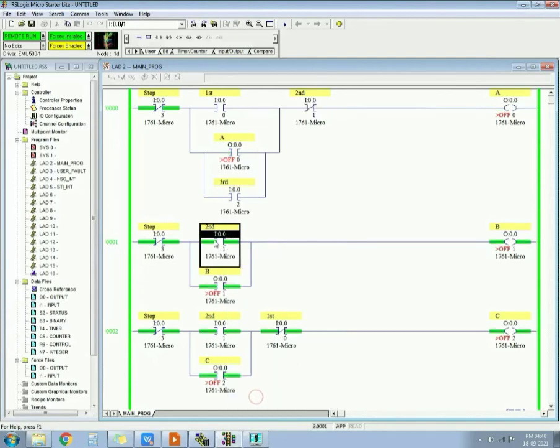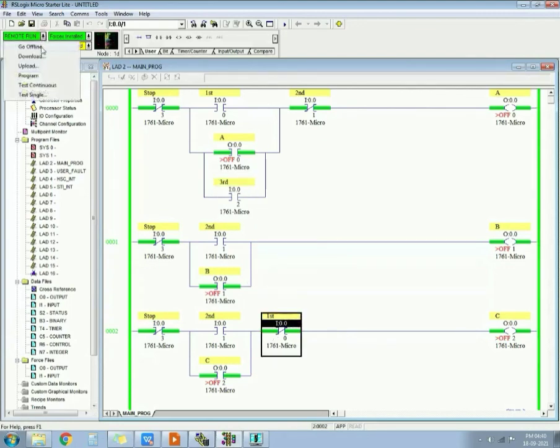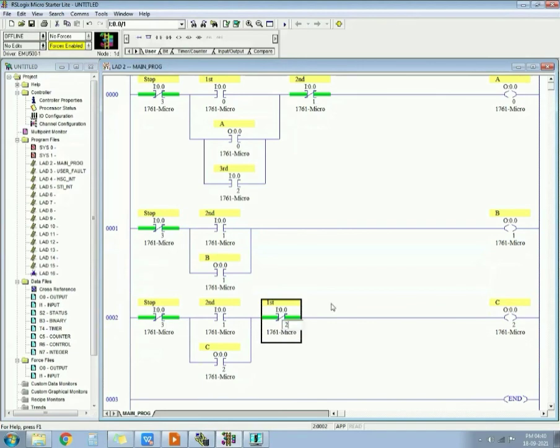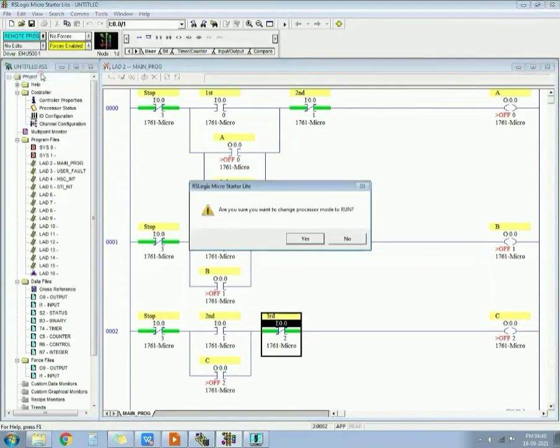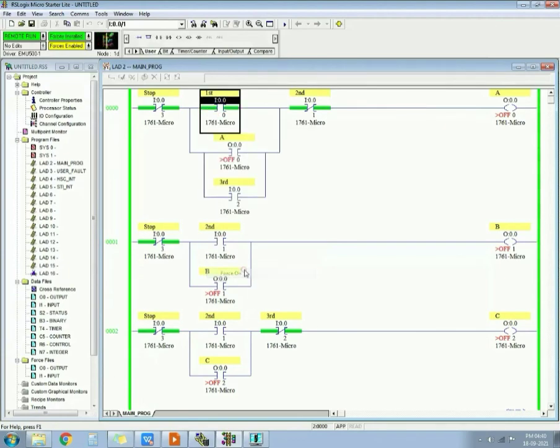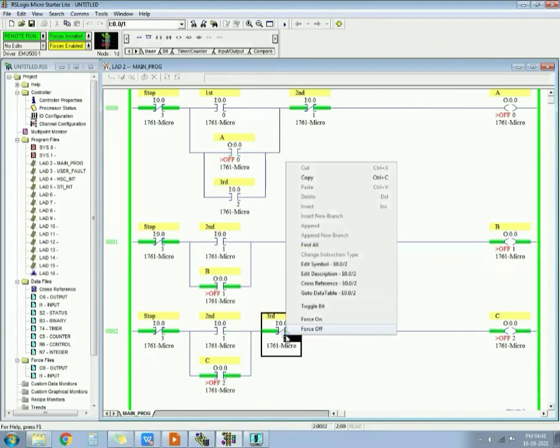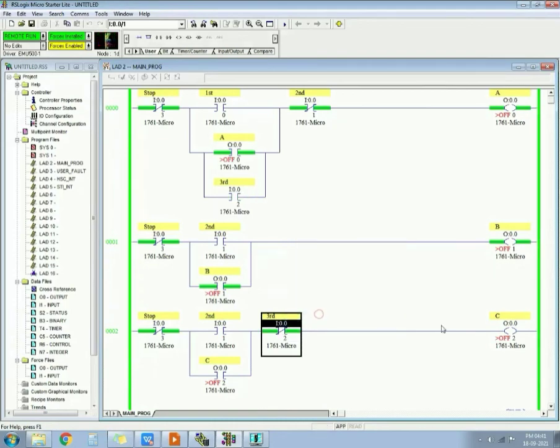First push button pressed, output A gets on. When the second push button is pressed, output BC gets on. When the third push button is pressed, output A gets on and output C gets off. Oh sorry, I have used the first again. So what I have to do is use the third push button. My mistake. So I will use the third push button over here. When the third push button is pressed, output C gets off. Okay. When the first push button is pressed, output A gets on. When the second push button is pressed, output BC gets on. When the third push button is pressed, A gets on and output C gets off. Okay, now it is correct.